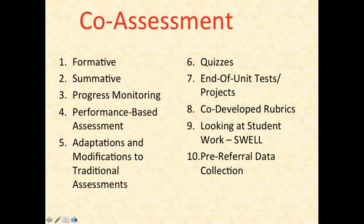So we want to also showcase, looking at the instructional cycle, what co-assessment means. If you take a look at this list, you'll notice that co-assessment deals not just with formative and summative assessment, but also a number of items that have to do with assessment with English learners. We look at particularly Model 5, the adaptations and modifications to traditional assessments, because we really feel very strongly that